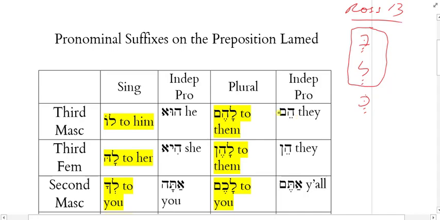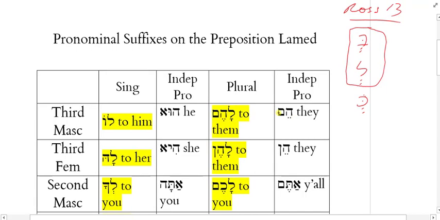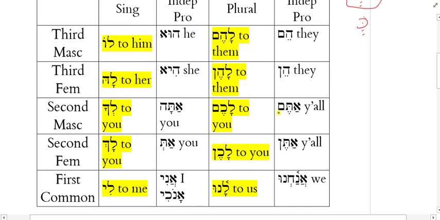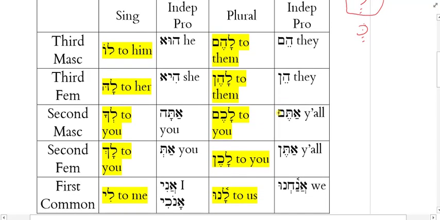I've given you on this chart ways to add the pronominal, or the Hebrew pronoun, to the inseparable prepositions. These prepositions are preposed, placed before the object of the preposition, right? We always attach them as prefixes to whatever we want to say. So I could say something like le Moshe, right? What does that mean? To Moses. What if I wanted to say to him